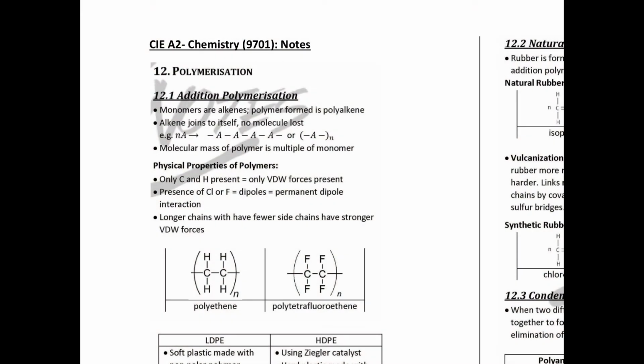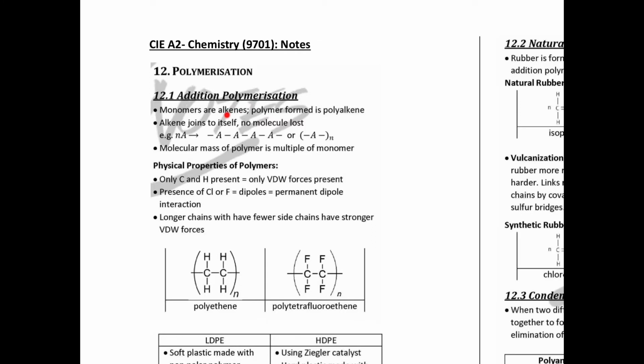So let's go through polymerizations. We have addition polymerizations. Of course, the other type of polymerization is condensation polymerization. So addition polymerization,